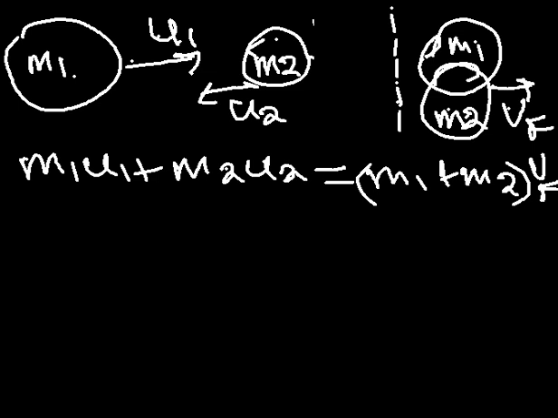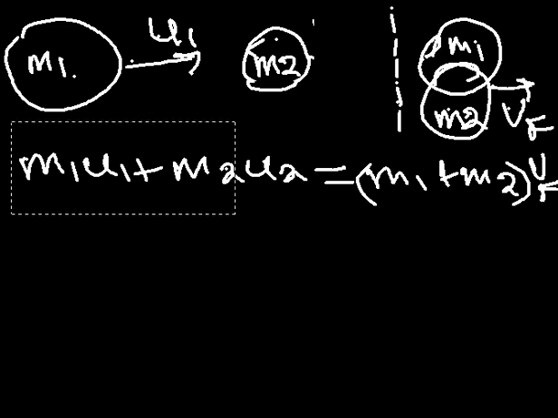Now, what if one object is at rest? Let's say object 2 is at rest. It is no longer moving, it is stationary, but object 1 happens to hit it. Now, if this is the case, then it means we'll have